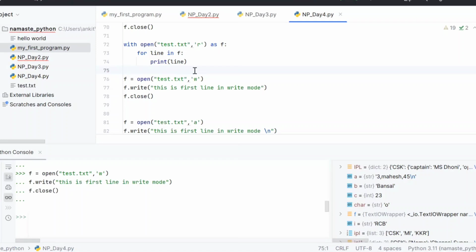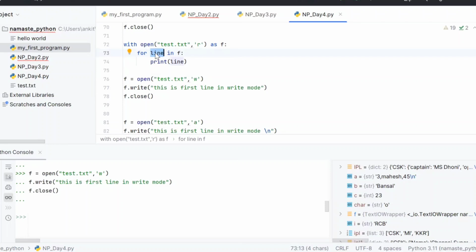Then maybe I will read the line. I can't read it as a CSV, and then it will be helpful. How do we do regular expression here, Ankit? Each line is coming in this line variable, right? So this is a string now, and you can run a regular expression on a string variable.